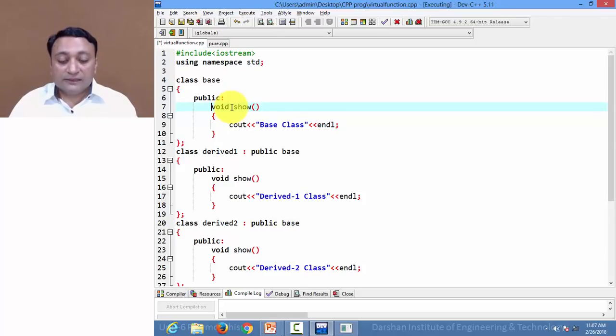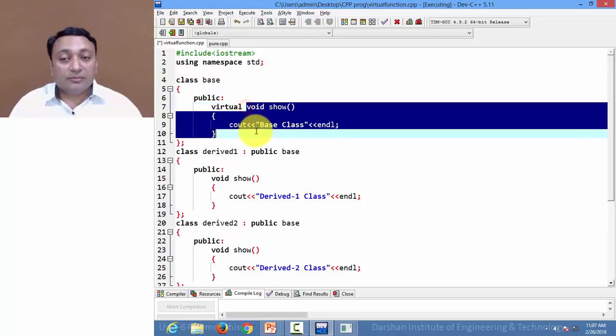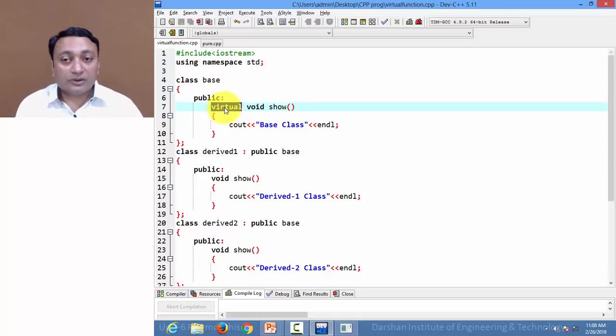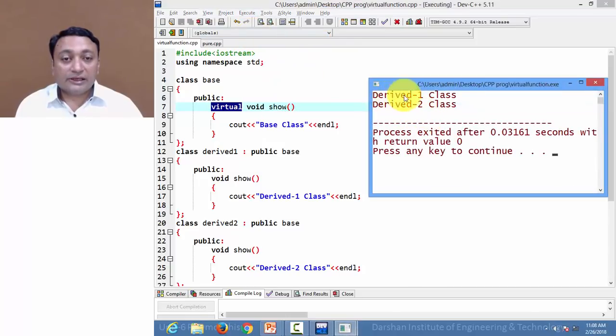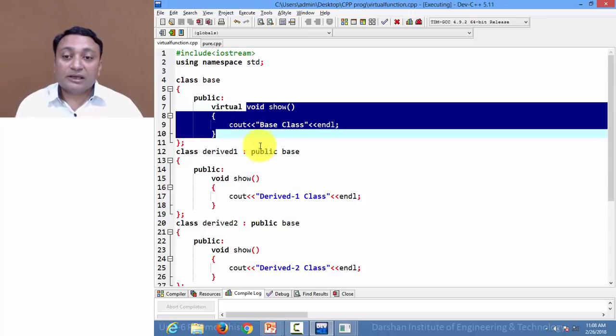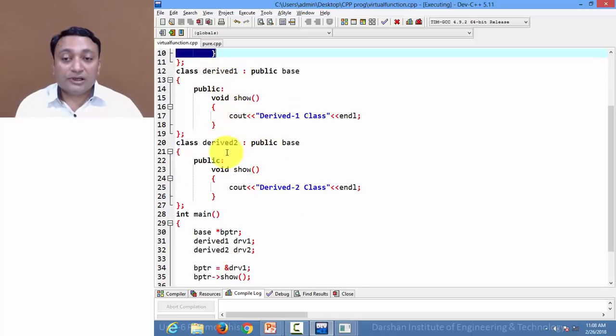So we will make this function virtual by just writing the virtual keyword preceding this member function. Virtual function means it is existing in appearance but not in reality. We have just written the virtual keyword before the base member function. Let us execute this code. It is calling derived 1 and derived 2 because this member function will behave as virtual to derived 1 and